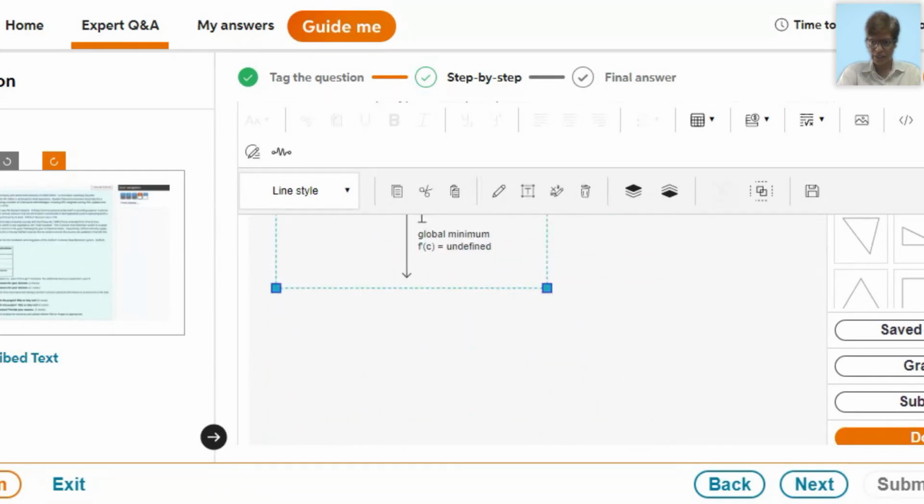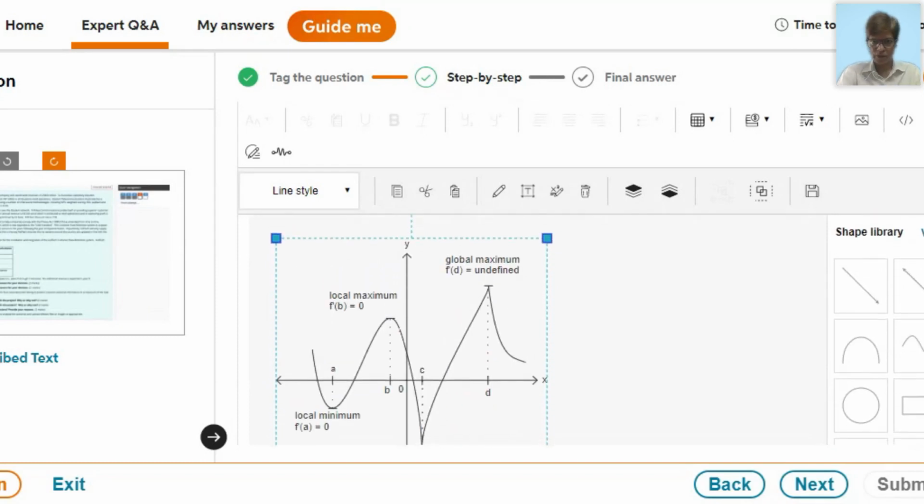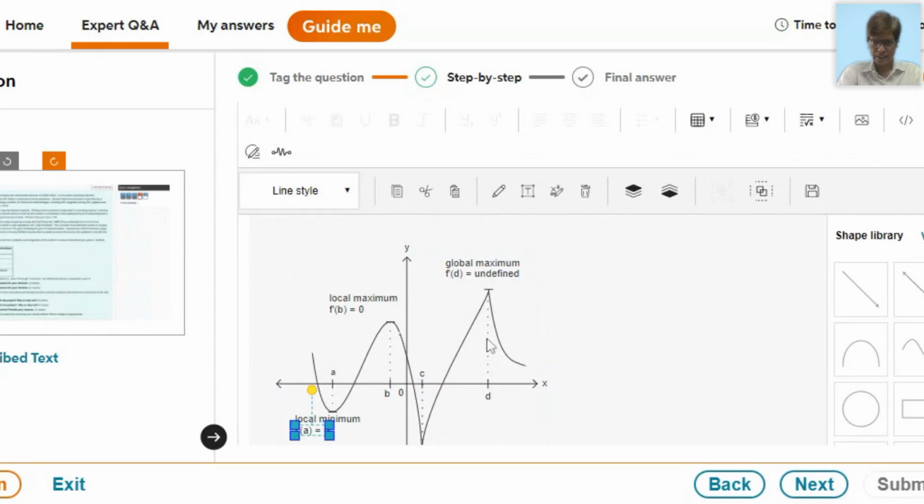If I need to, for example, edit this graph, how will I do it? First, I need to select the graph, and then I need to ungroup it. I told you how to ungroup this before. So you will click on this icon on the toolbar, ungroup, and now I can easily edit it.